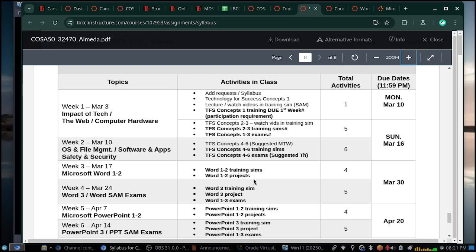And with that, starting Monday, March 17th, weeks 3 and 4 will open, and this is where the pace slows down to the usual pace for the 16-week version of this class. We're going to be spending 2 weeks with Microsoft Word. Chapter 1 covers the basics. You'll learn how to create a flyer. In chapter 2, we get into research papers. And then in chapter 3, you'll learn how to create a business letter and use graphics.